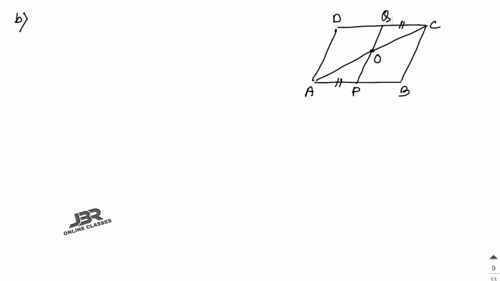Okay, so as ABCD is a parallelogram, the opposite sides AB and CD are equal, and as AC and PQ bisect each other, that means you have to show that AO is equal to OC and OQ is equal to OP. Now you can prove this by proving the two triangles are congruent. So first you have to take AOP and the next you have to take COQ. So write down triangle AOP and triangle COQ.